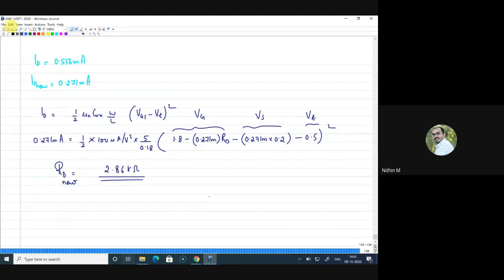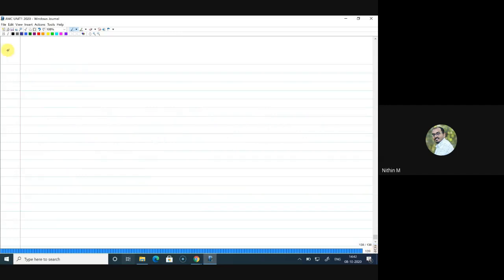Now, can you just look at question number 12? There are two circuits given. If you look at the second circuit, it is the same circuit we have done in class. I do not know whether it is the same thing or with different values. We have done almost the same question with two transistors and two resistors, to find V3, V4, V5. The similar procedure you can apply even for the first question.